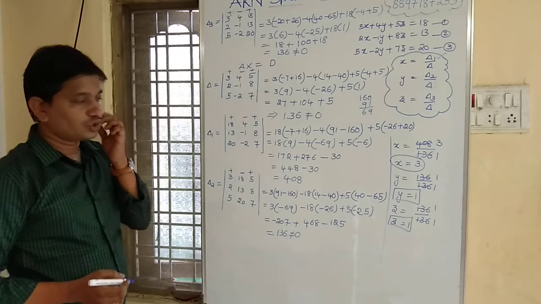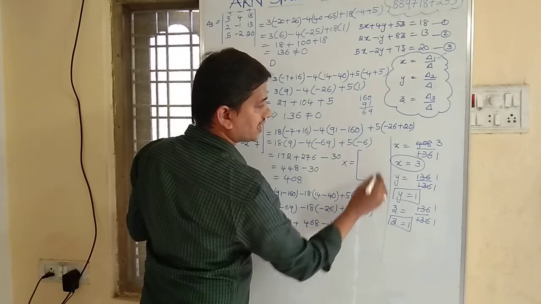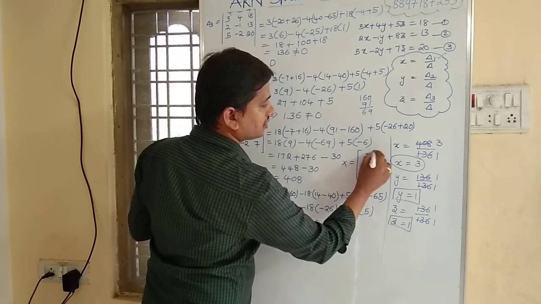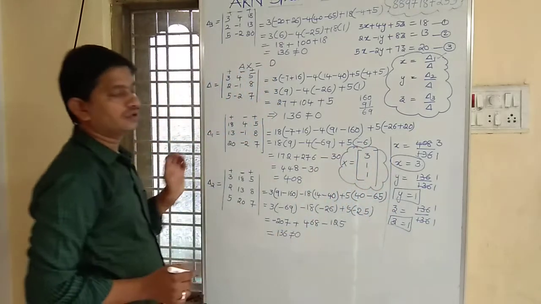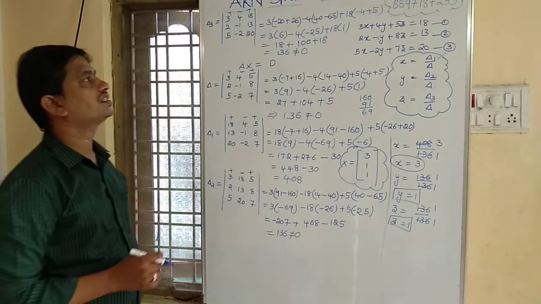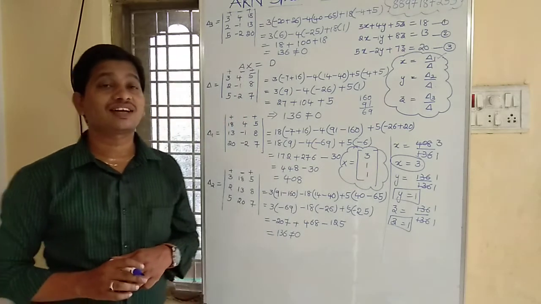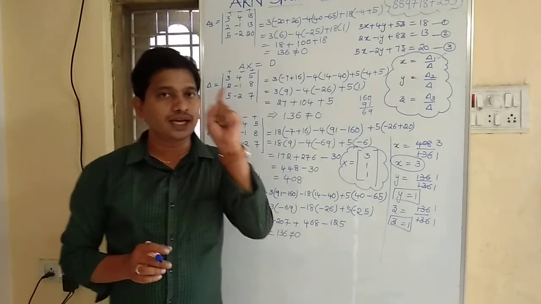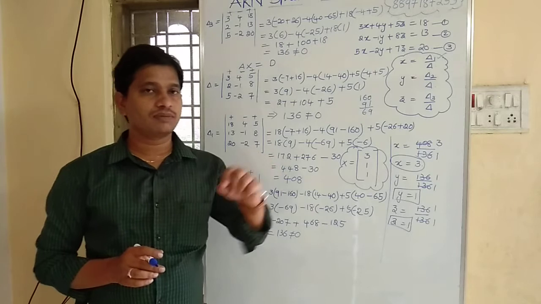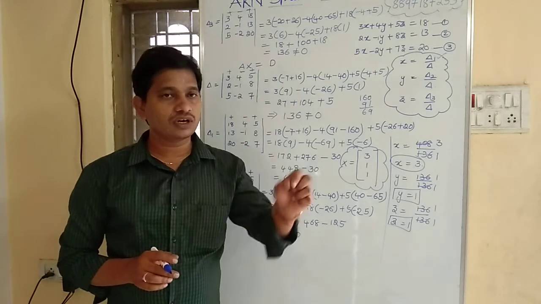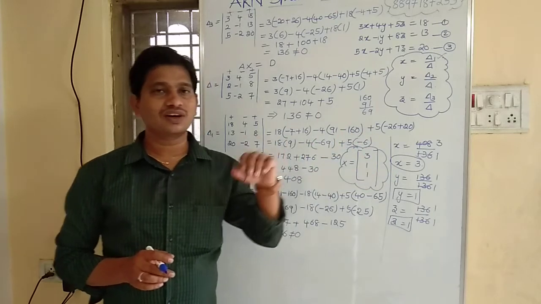So what is the solution of the matrix? That is x, y, z, that is 3, 1, 1. This is called our solution of the matrix. In this way we can solve the system of equations by using Cramer's rule. Remember, delta 1 means first column with the constant matrix. Delta 2 means second column with the constant matrix. Delta 3 in the sense third column with the constant matrix.